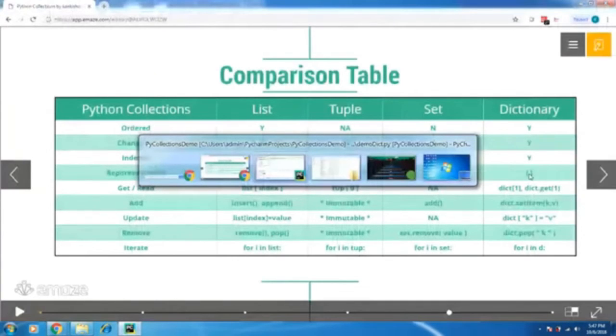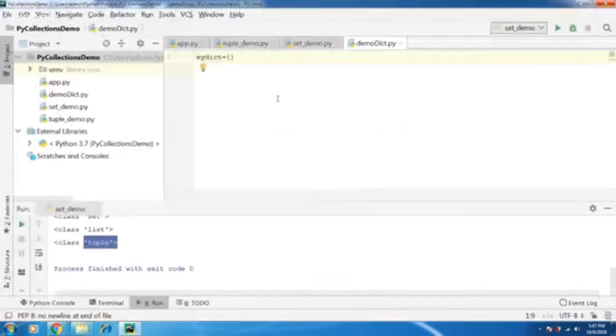I can say name is Kishore, and I can say experience. I can put some number here. Let's say 8 years of experience, and